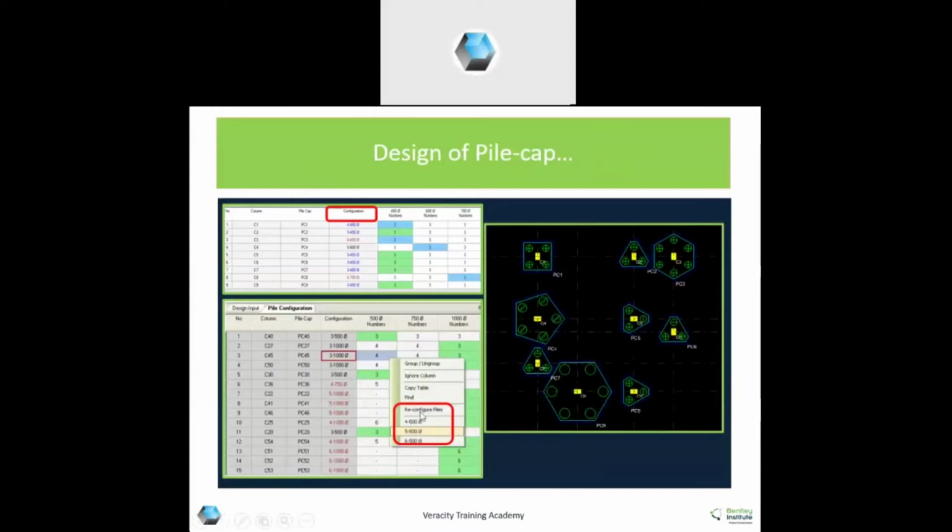You can change to an additional number of piles. The number of piles 3 will be the minimum, whatever you have previously chosen. And accordingly, for the pile cap, here I have specifically shown all the groups, showing 3 piles, 4 piles, 5 and 6.